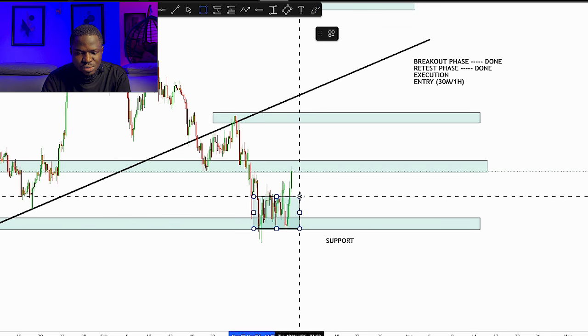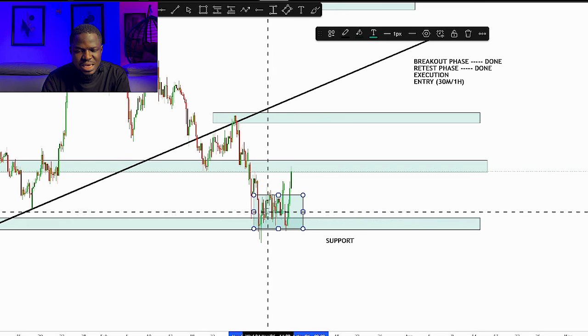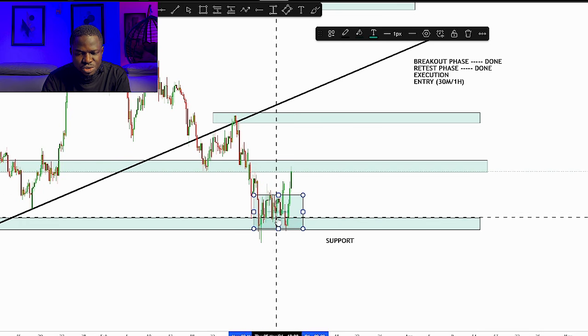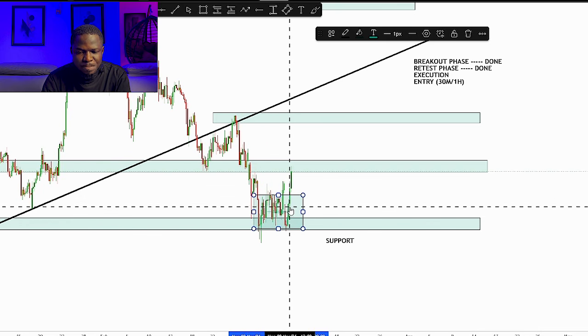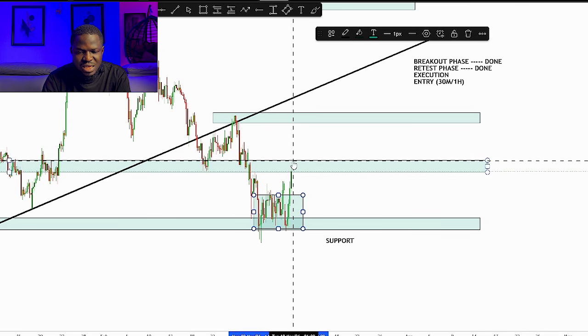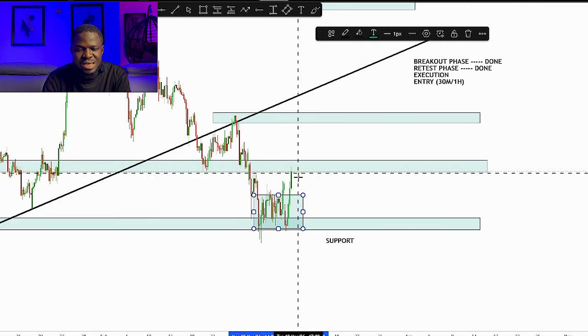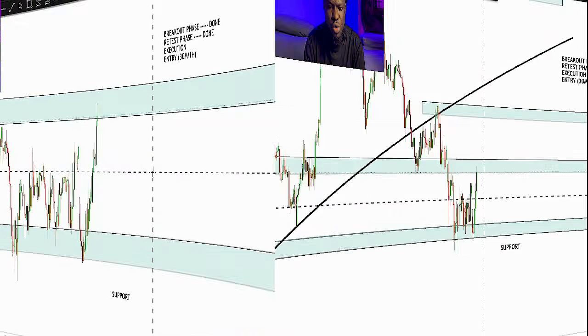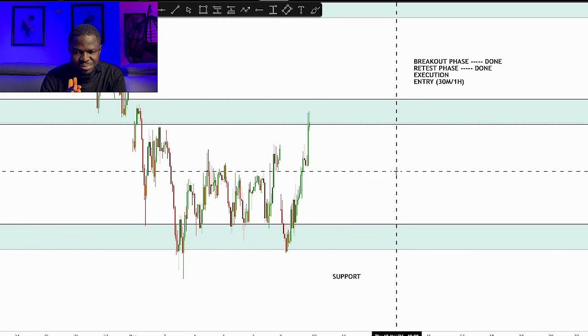Let me use rectangle to mark it, right? So you can see after a short-term consolidation phase of 4 hours time frame, buyers broke out the consolidation and gave us a retest phase at this resistance zone. This is 1 hour time frame for entry phase, and the only thing I want to observe on